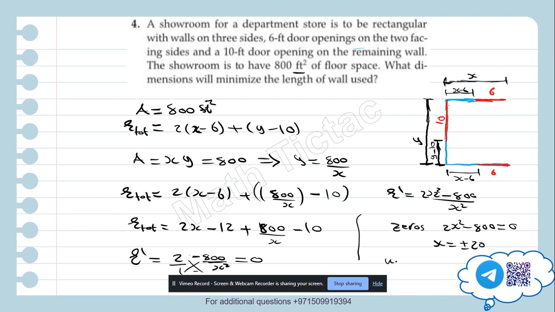And the undefined value will be x equal to 0. What about the domain of the original function? The domain of the original function is R minus the 0 of the denominator, because here this is R, here R, and here this is R minus the zero of the denominator, which is 0. So we have R minus